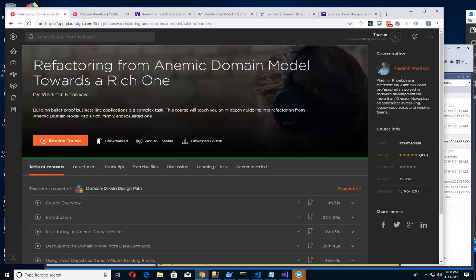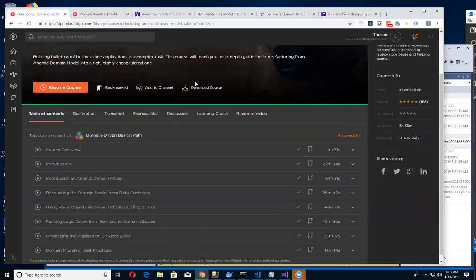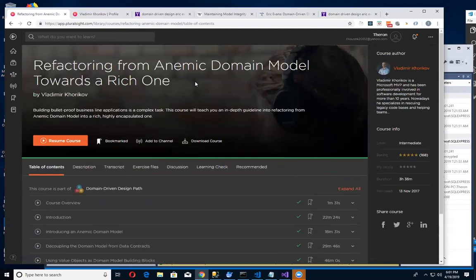I will get into what this particular course is about, and I won't give away too much of the code and stuff like that, because I would highly recommend taking that. So an anemic domain model, for the most part, in DDD lingo, is not a good thing, but that's not to say you can't keep developing successful software for years down the road using anemic domain models, and pardon my stuttering there. So in no way, shape, or form am I going to say anemic domain model is bad from this point on forward.